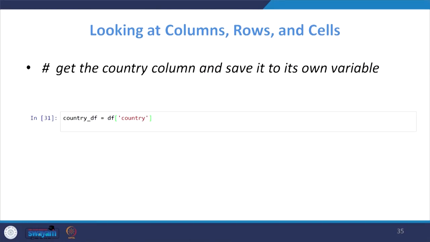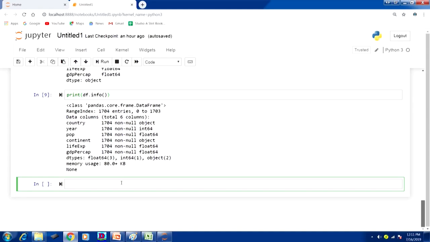If you look at the data I showed initially, country is one of the columns. I want to pick up only that country column and save it. I am going to name it country_df equal to df. You see that you have to open the square bracket within quotes.